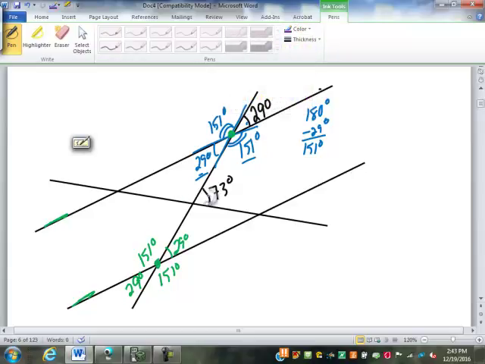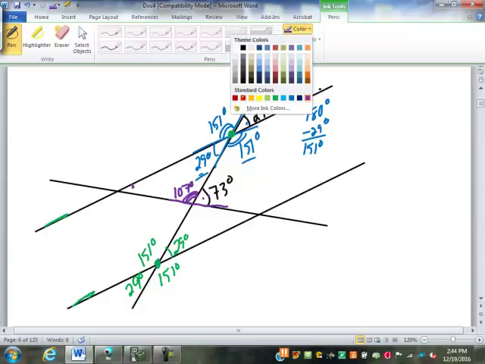If this angle is 73 degrees, what's this one here have to be? Well, this is a straight line again, right? So those two have to be supplementary. What's 180 minus 73? 107. So then this one has to be